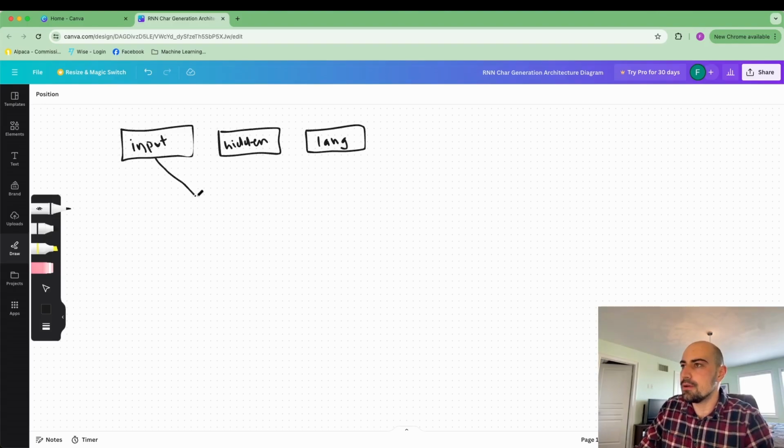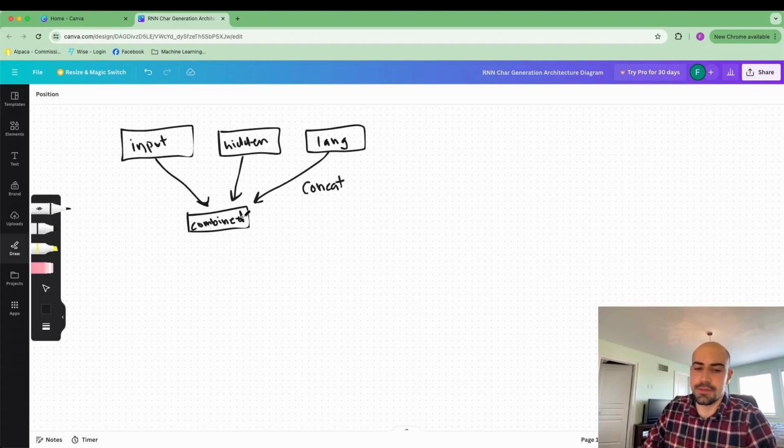We take all 3 of these, and we input them into our RNN, and we concatenate them together to create a combined input. The next thing that we do is we pass the combined input into our